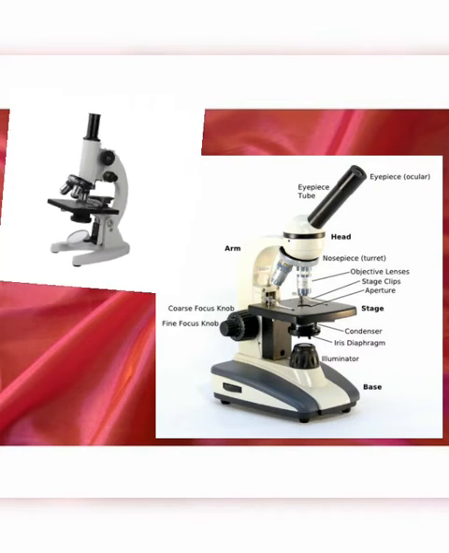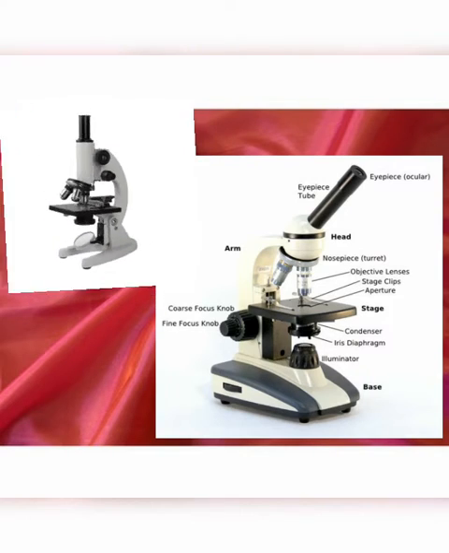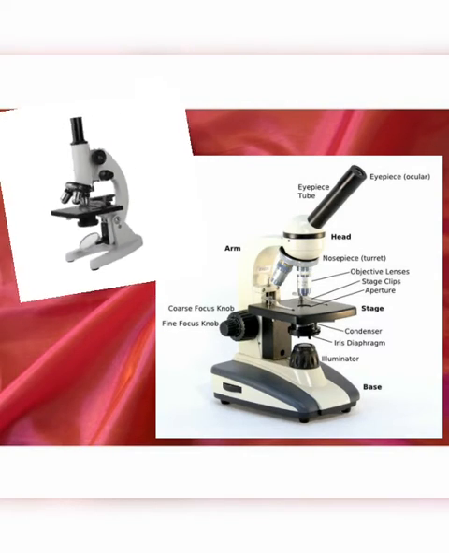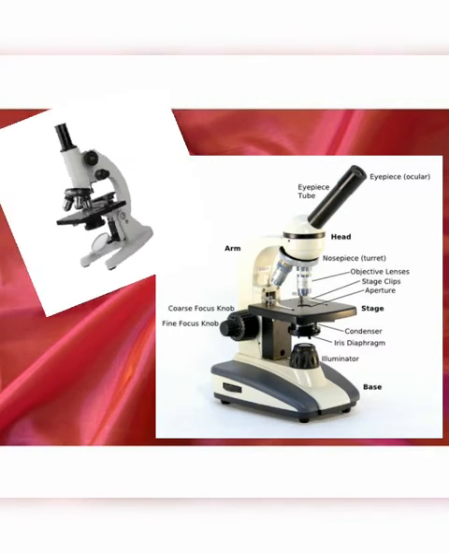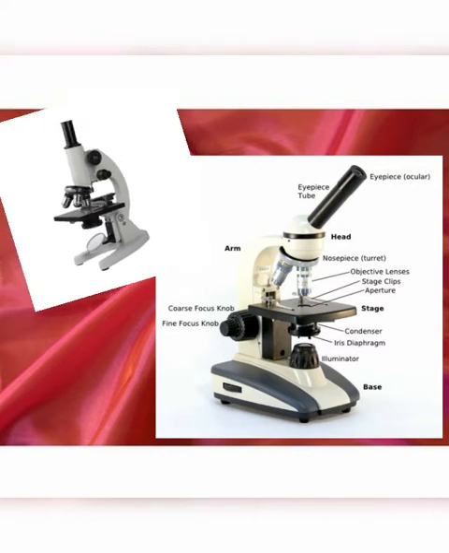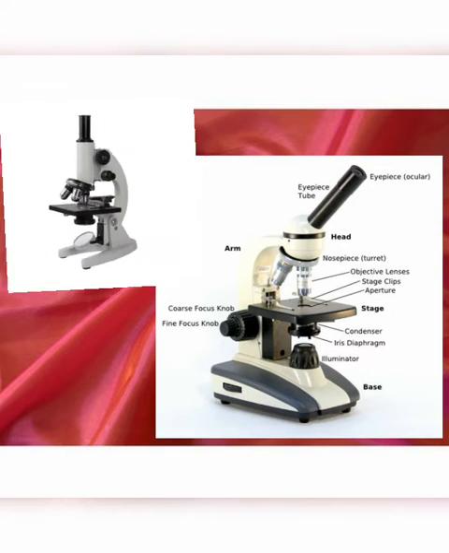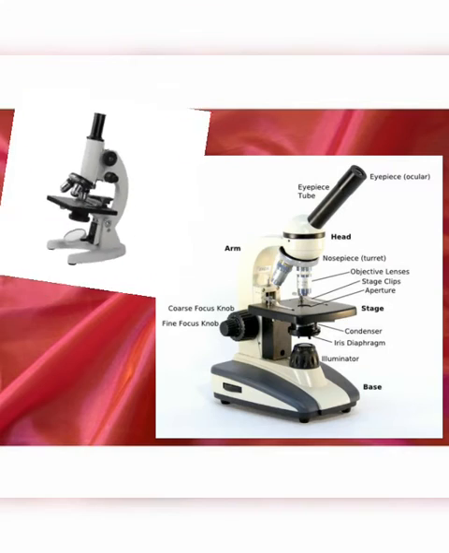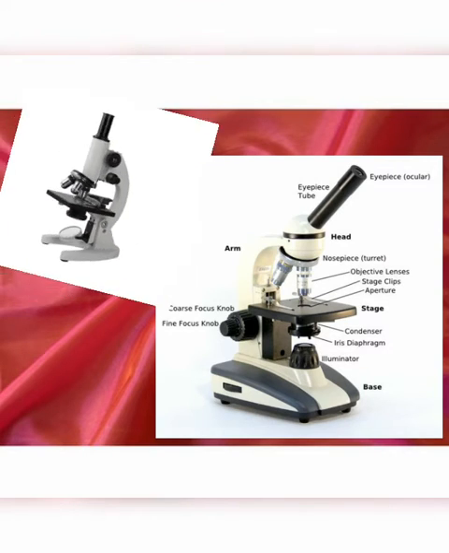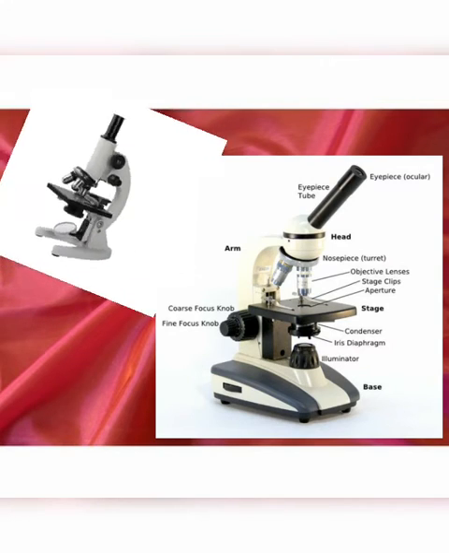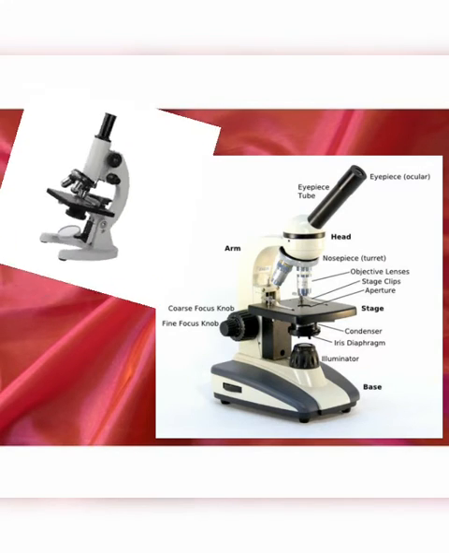Place the slide to be examined on the stage above the hole and clip it. Look through the eyepiece and adjust with the help of coarse adjustment screw till the object is clearly visible. Make the focus sharp with the help of fine adjustment knob. Note of caution: if the object is to be examined under high power, first focus it under low power and then change to high power objective. By rotating the nose piece, only slight manipulation or fine adjustment will be needed to bring the object into focus. Never try to focus directly under high power.